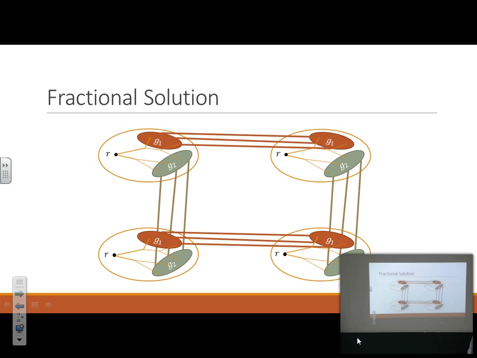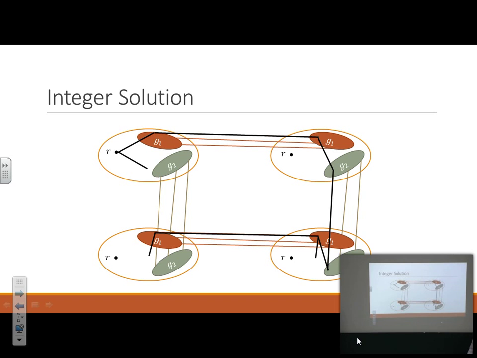Right? Okay, so what do we do? We just plonk a copy of that LP solution, right? And now you can see all the cuts are covered. In particular, I can send 1 unit of flow from this guy to this guy, right? By sending it to this group and then identifying it and going back. Okay, so there is a flow of 1 unit, therefore all these cut cover constraints I set up are satisfied. So the copy of the LP solution is at most 2 to the k times the LP solution for the group Steiner problem.